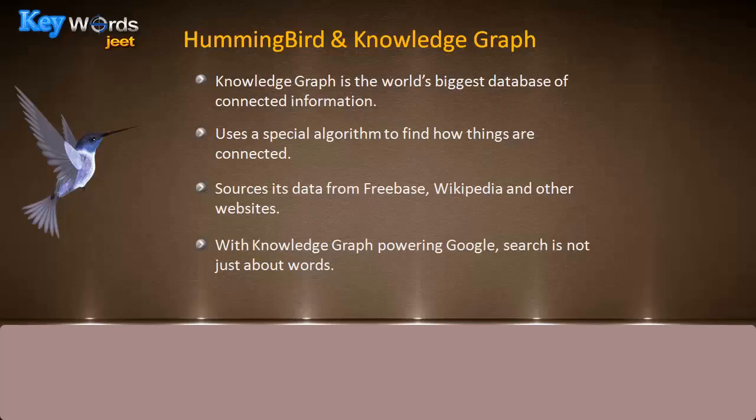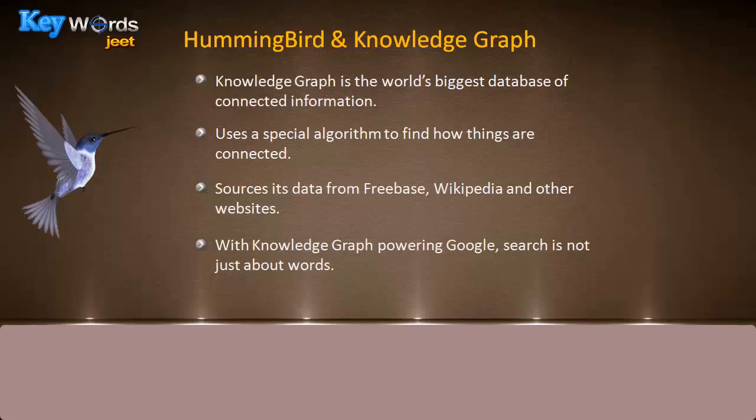Let's understand what's the core of Hummingbird, or what powers Hummingbird. Hummingbird is actually powered by a new Google technology called the Knowledge Graph. The Knowledge Graph is the world's biggest database of connected information. A little while ago, Google acquired a company called Freebase, which actually conceptualized the Knowledge Graph and started collecting information from the web and putting it together, establishing connections